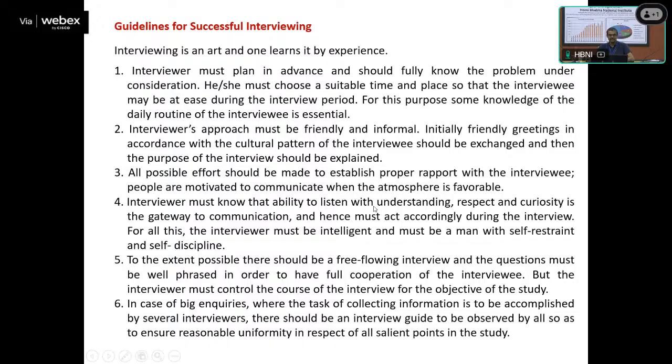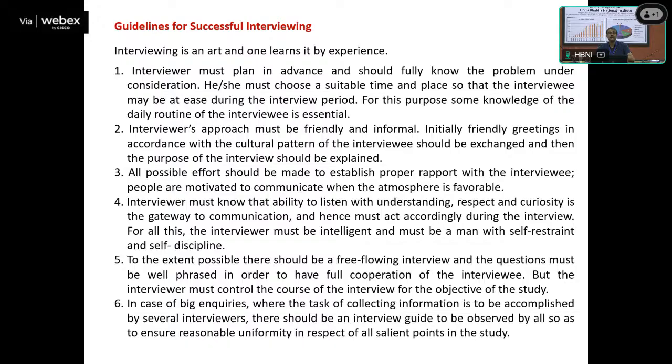The interviewer must know that the ability to listen with understanding, respect and curiosity is the gateway to communication. So as you know, what is good communication? It is your patience to listen. You are having enough patience, listening to us throughout this class, and hence must act accordingly during the interview. If the interviewer has good patience to listen properly, then the interview succeeds, because the communication is then going to flow